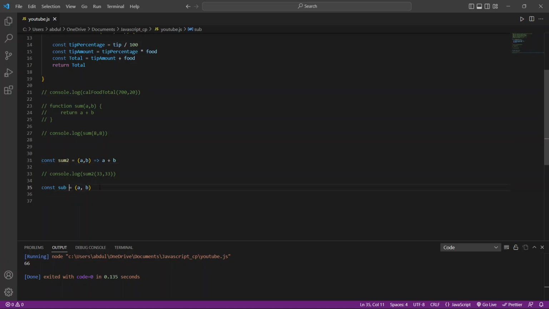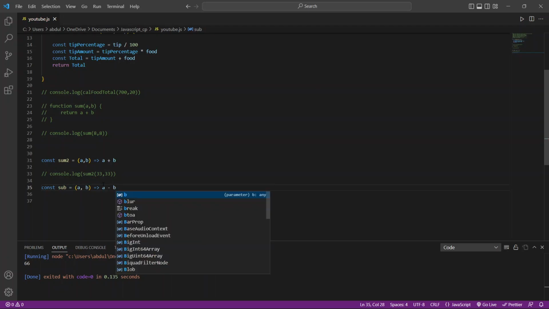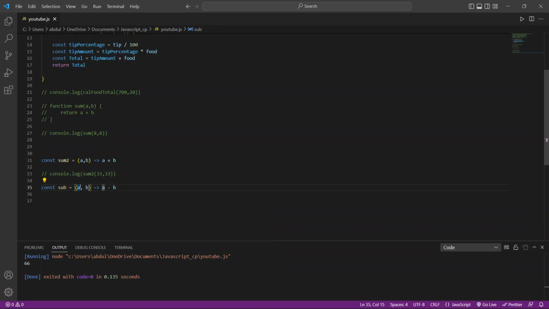So I'm going to subtract two numbers here, a and b. So that's going to be a minus b. If the user gives something like 5, 7, that's going to be minus 2. But we don't want any negative answer. I really want to subtract bigger number minus smaller number,